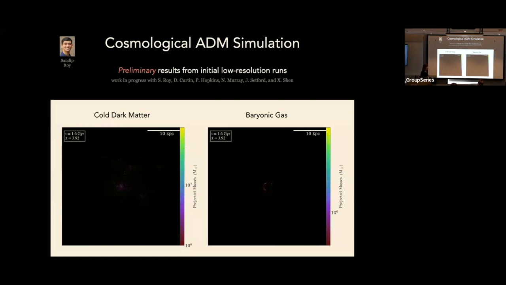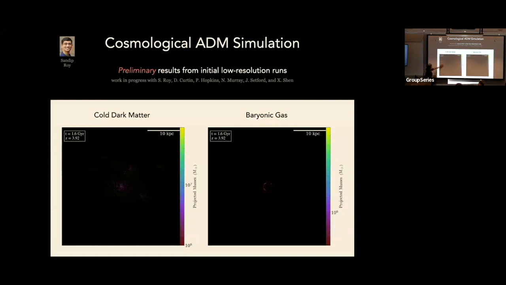All of that's been done, and we've started running cosmological zoom-in simulations, testing it and making sure everything's working properly. Sandeep is right at the stage of starting to do some high-resolution runs with this. So I'll show you a few movies before ending, just to illustrate the differences that you get when you make all of these assumptions.